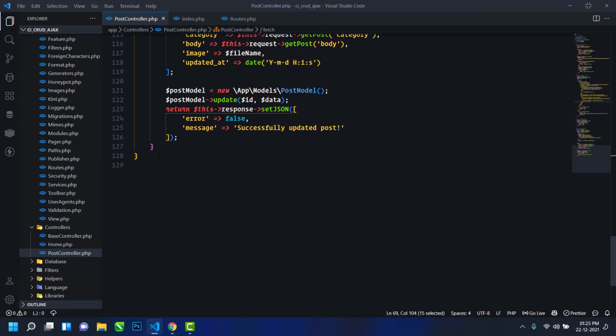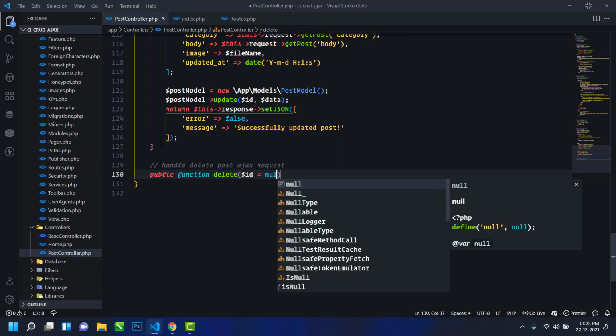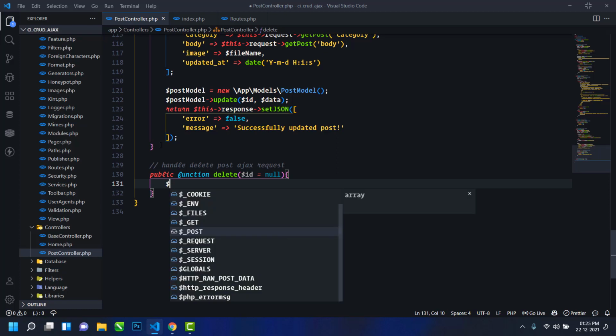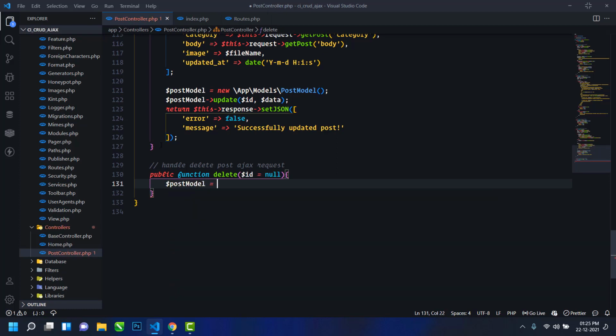Here what I will do is define a comment, handle delete post AJAX request, and here public function delete, and then id equal to null. Then I will create an object of the post model, and first I will find the post using the id. So post equal to post model find by id.